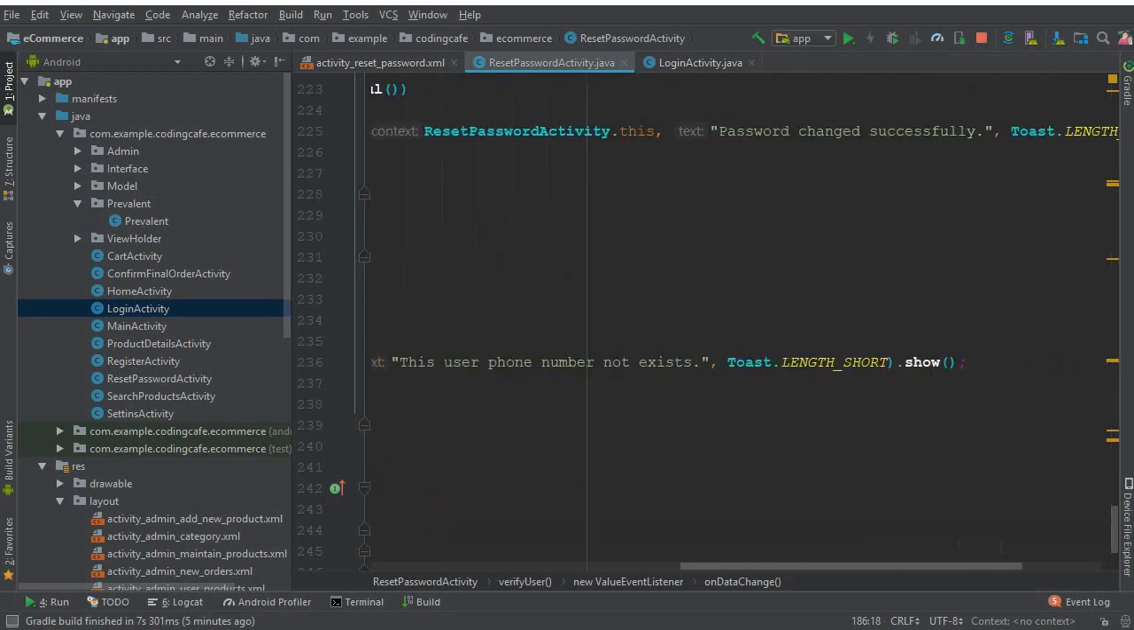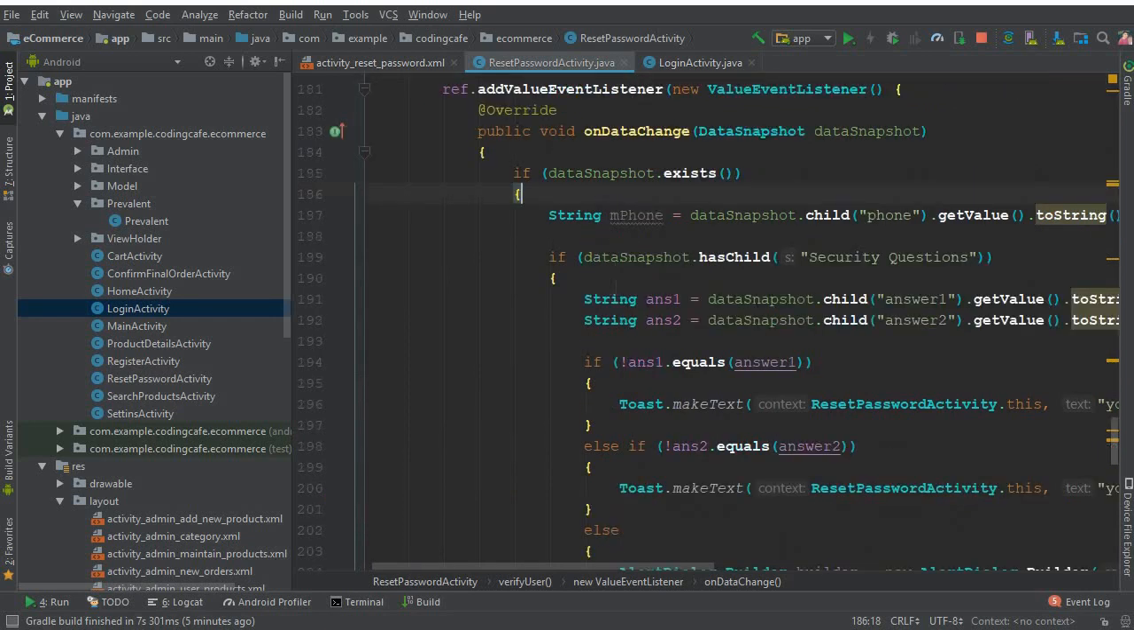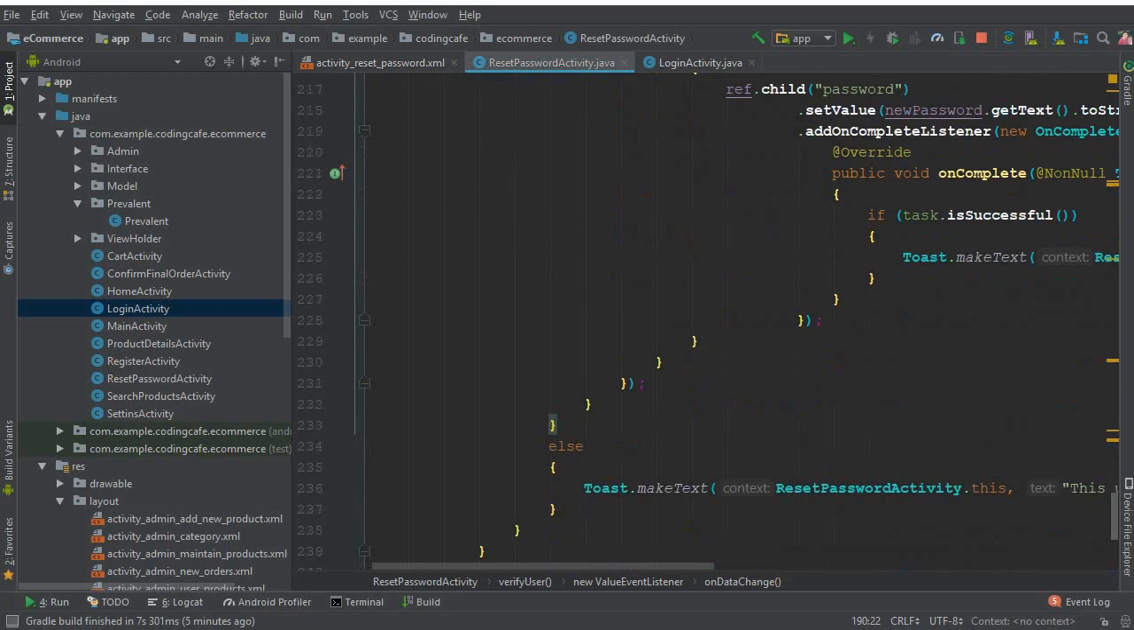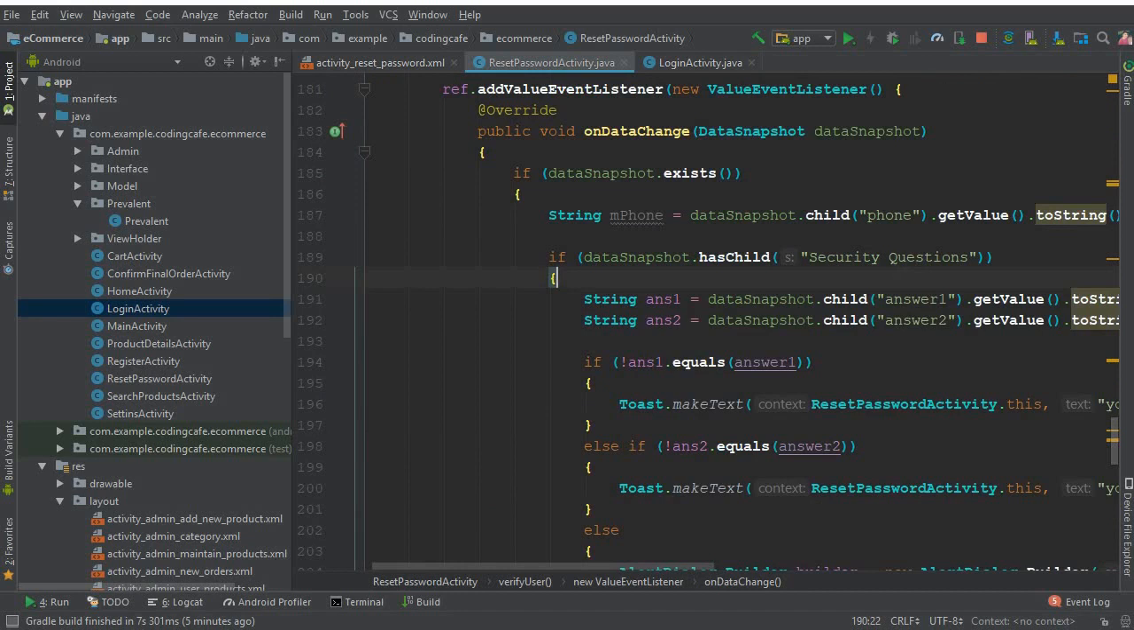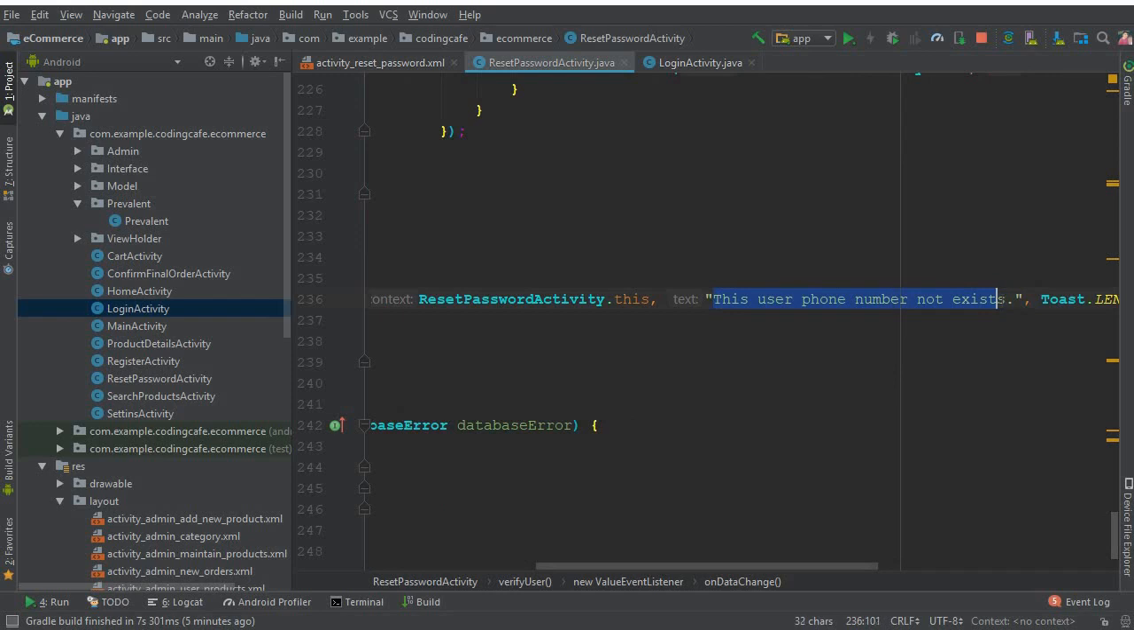Now one thing I need to mention here is, for this if condition, if this node does not exist, we have to tell the user: you have not set the security questions, please contact